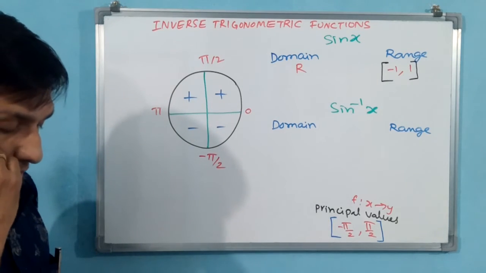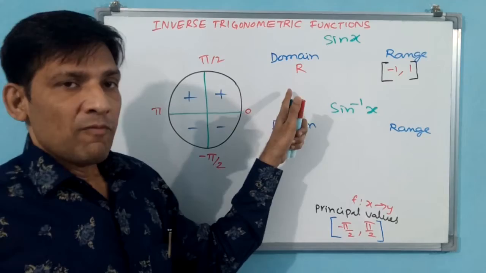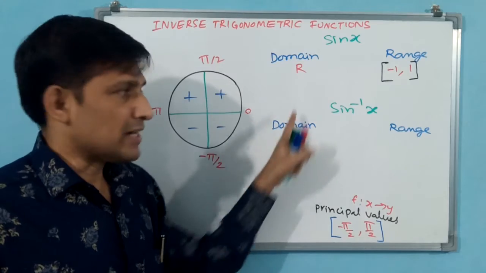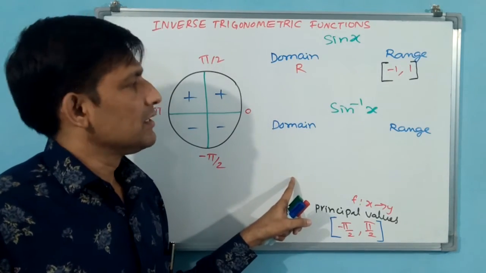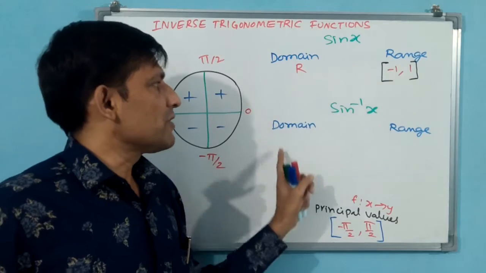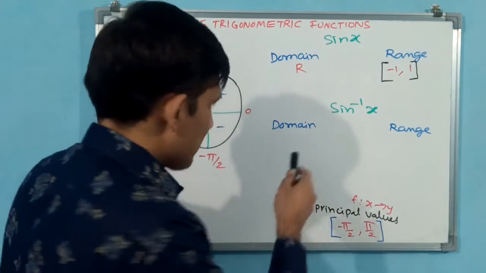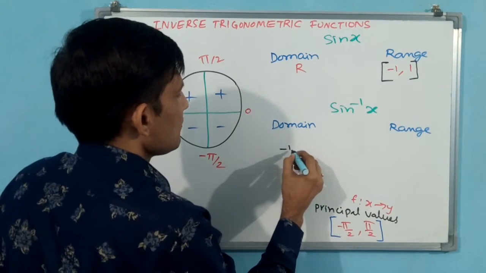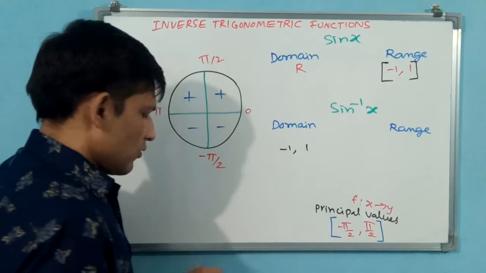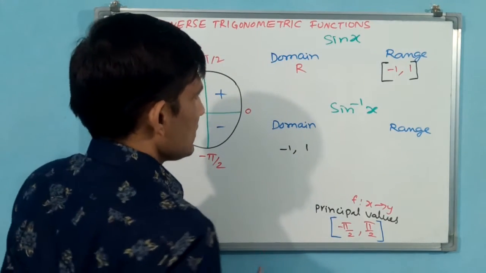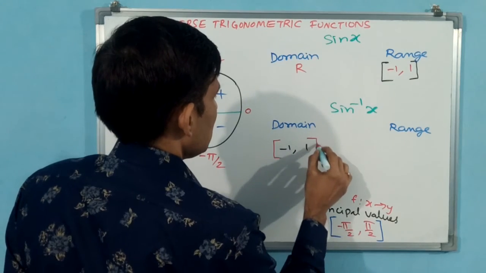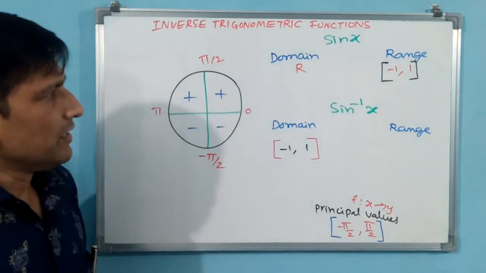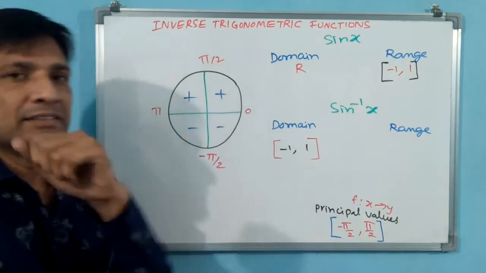Now you tell me, for an inverse function, automatically the function's range will be the domain, and the function's output will be the input for the inverse. Automatically the function's input will be the inverse's output. Now I am writing here again. Here the range, here the domain is going to come for sin inverse. You write this one, minus 1 to 1 with closed brackets. Yes, definitely closed. Now you come to the range. Shall you write R here? What do you think?